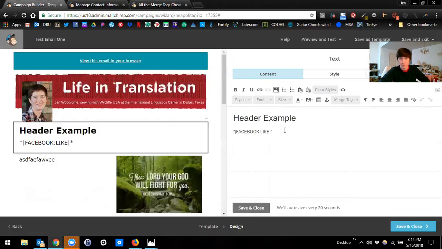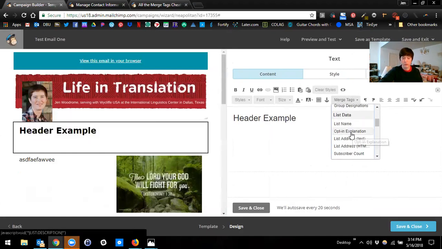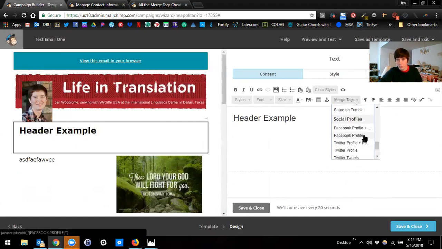Go back in here. Okay, so some of the other ones, continuing with Facebook, you see that there's a Facebook profile and recent wall posts, and then there's a Facebook profile. I don't really encourage people to use this Facebook profile and recent wall posts. What that merge tag does is it shows, and I'll show you an example of the Facebook profile, your profile picture, a little information about you, but then it also includes your most recent